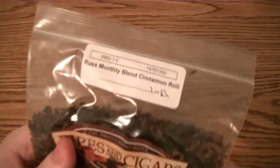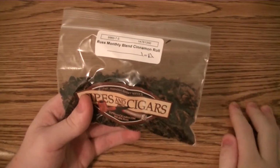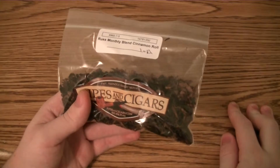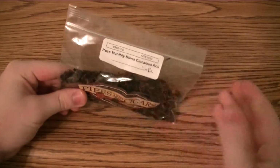It tastes like a cinnamon roll. You have that sort of cinnamony taste with sort of a hint of some kind of dessert, like a vanilla cream type flavor. One thing that's always tricky with these aromatics, though, is when they say what the flavor is supposed to be,